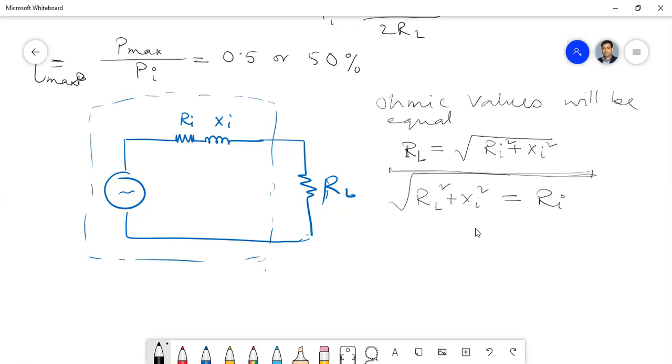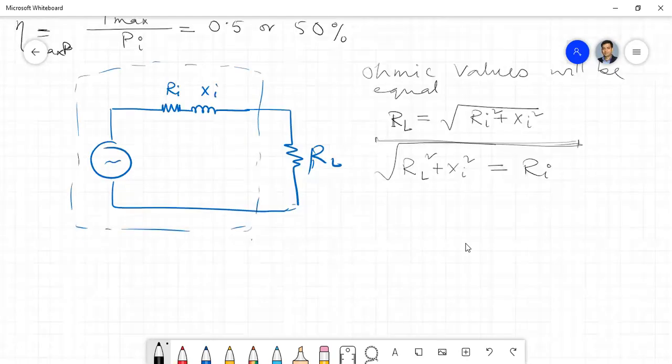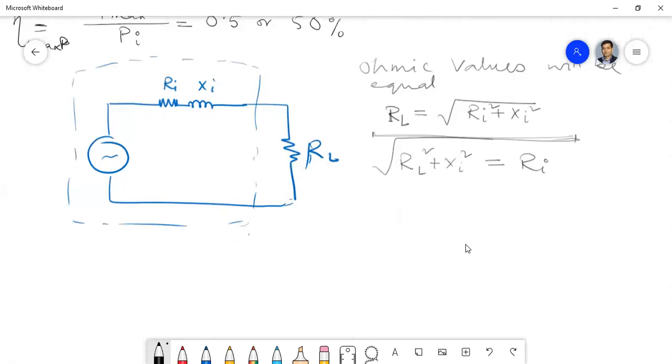That is very important. We have several cases where we faced this thing, so you should remember this. This doesn't directly come from the maximum power transfer theorem, as the theorem doesn't say anything about these conditions. But we can derive the expression of power, and if we take the derivative of the power and equate to 0, we will obtain this expression. That you can do as a homework.